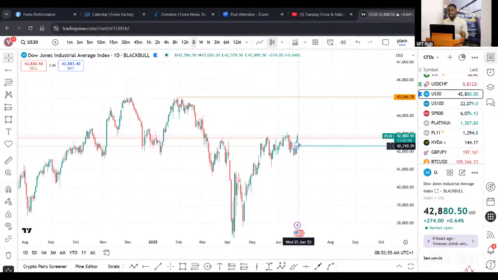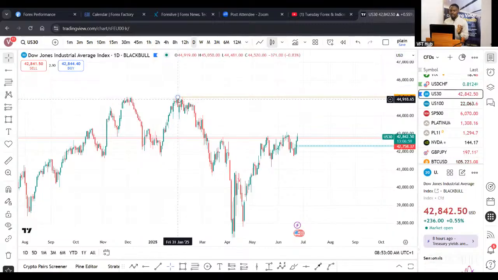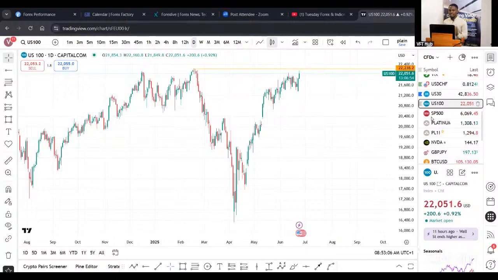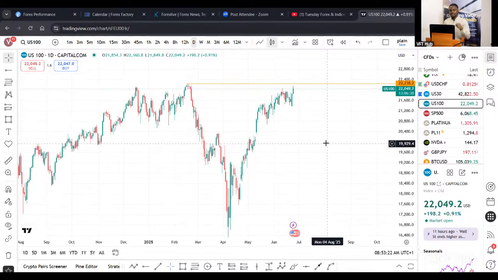But look at the gap. We still have enough gap between where US30 is currently and the all-time high. Meaning that if for any reason we miss the move on US100, we would anticipate the move to happen on US30 and use that to bank on this trade. For example, I'm waiting to see this happen on US100. Let the previous high be cleared, and then let's also have new price discovery, new highs, and that will give me confidence to look for opportunities for a long-term buy. You can swing it all the way, and it's going to make sense for the swing position.